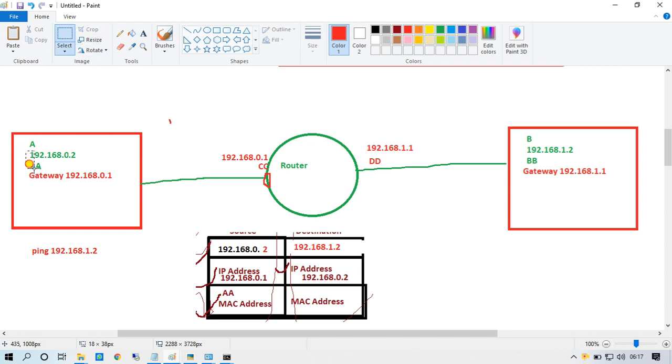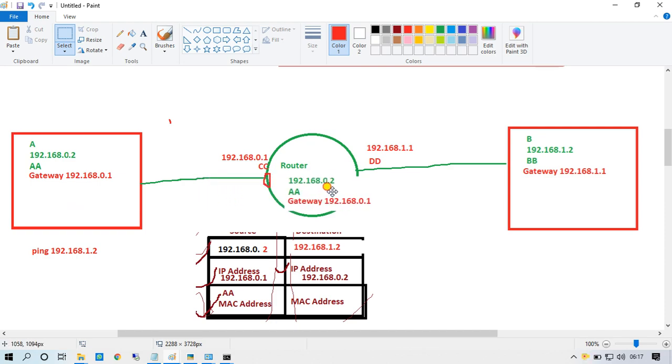PC1 is generating a packet, this one, and the packet will go here, and after that the router will create an ARP table.